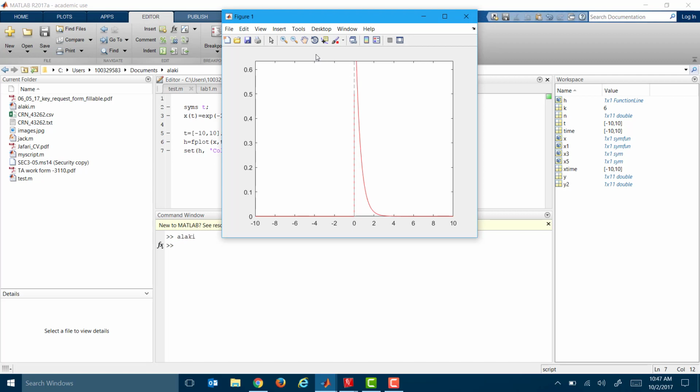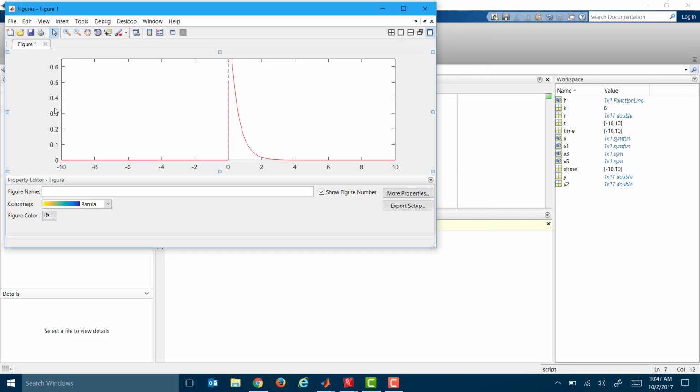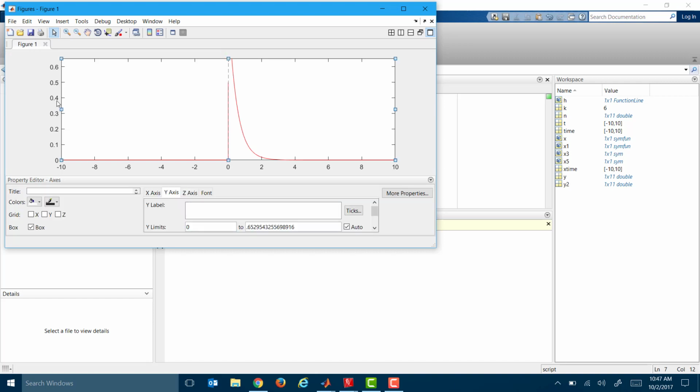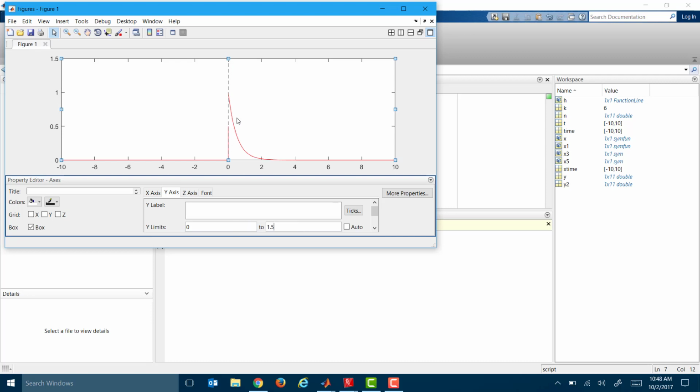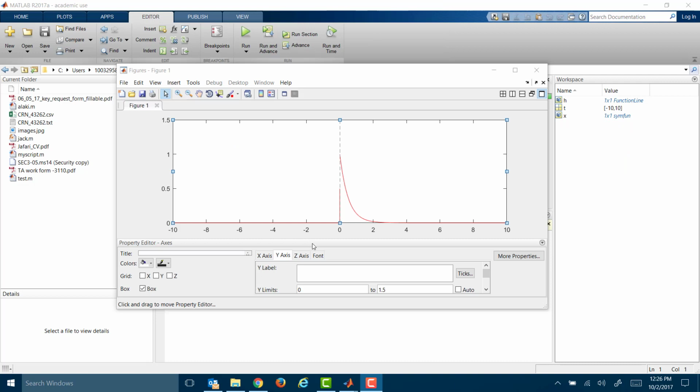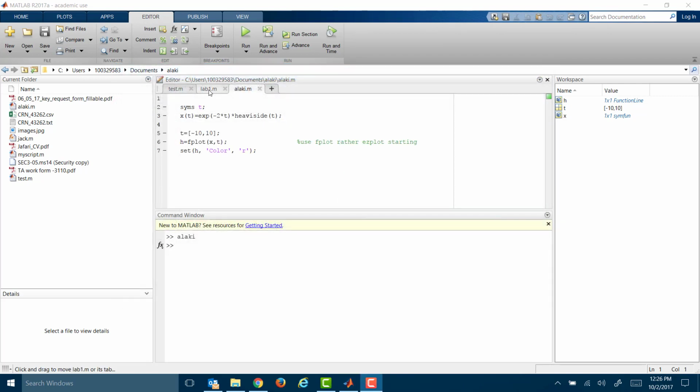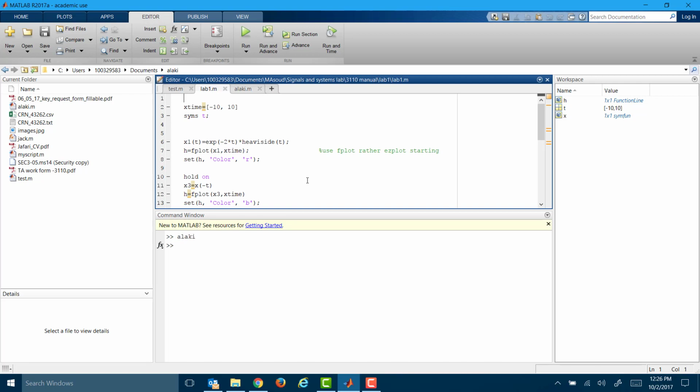You can see that I expected e to the minus 2t to be equal to 1, but you see the discontinuity here. To see the plot in a better way, I'm going to just go to the view menu and say property editor, and if I double click the y-axis, then you can see that automatically the maximum is set to 0.6. I'm going to uncheck the auto and change this to 1. And you can see also the decreasing trend for the e to the power minus 2t after t is equal to 0. So I'm going to close this window, and I'm going to show you also the other benefits of using the